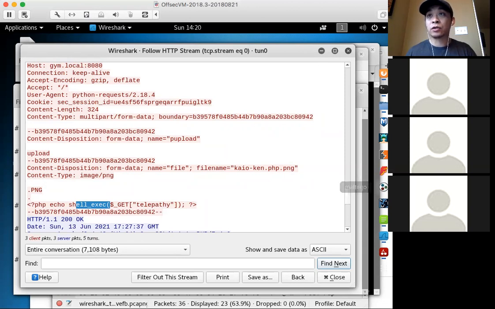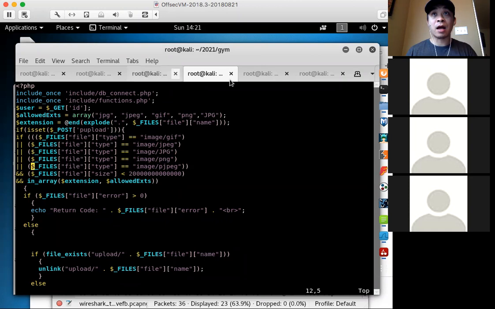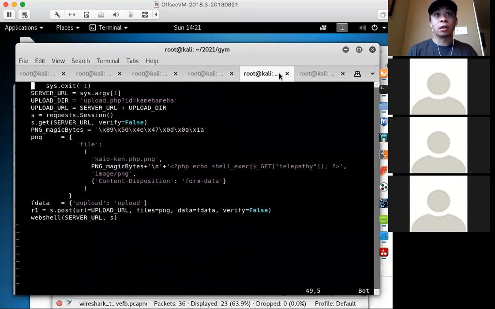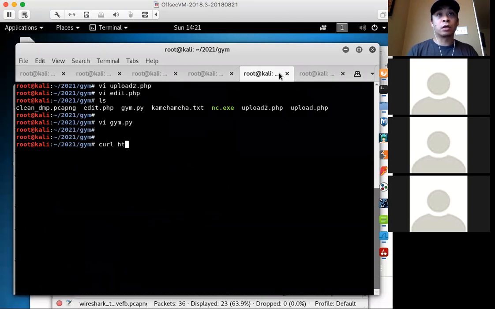Right, we go back to this guy. Oh, man, my clicking is just, okay, here, let's go back to this one. And let's grab a shell here. This is the exploit code. Okay, so we'll do curl http gem.local port 8080 upload, and the file which we'll go to in a moment